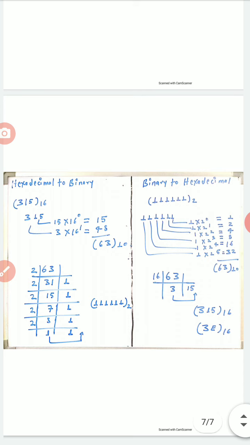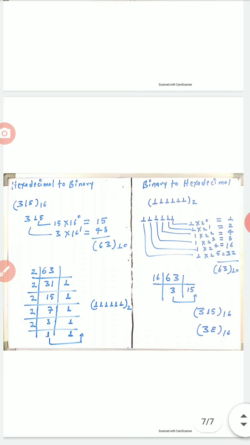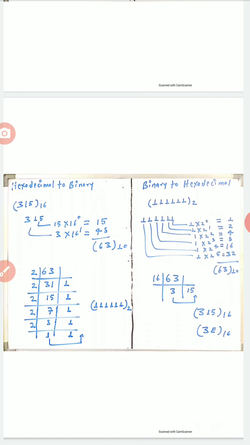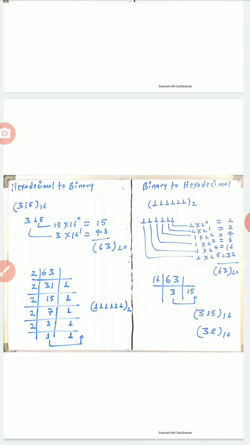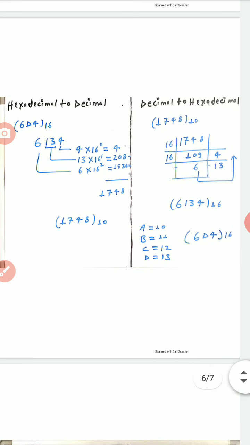Now the last, which is binary again. Binary to hexadecimal and hexadecimal to binary. As I did in the previous slides, binary to decimal, how do I convert it? First convert the binary into the decimal, then decimal to the hexadecimal, as I did, like decimal to hexadecimal here,